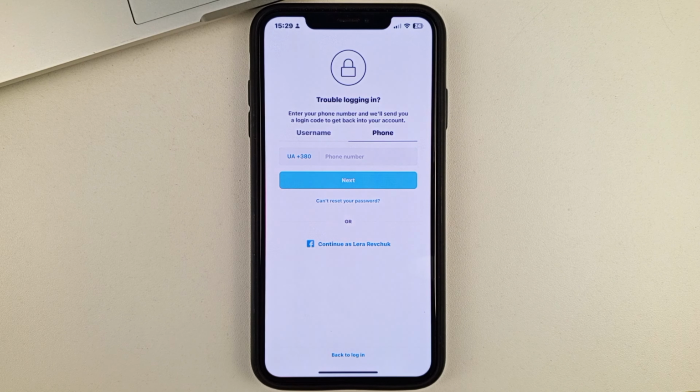And on the next page, you will be asked to choose where you would prefer Instagram to send you the code or link to sign into your other account. You can have it sent to you either by text message or to your email. You just need to choose one of the two. Also, further click Next. After that, you will be logged into your second account in the Instagram app.